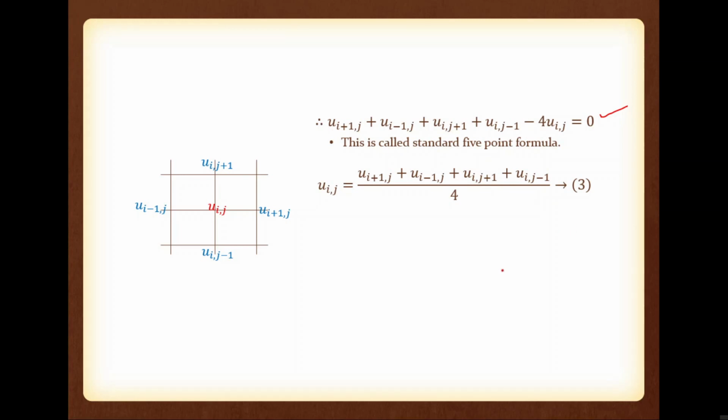So the question is, if you are able to find ui comma j using these 4 points, then the question is, can we find ui comma j using these 4 points, that are labeled by using a circle? Can we do that? Definitely we can do that. Yes, definitely we can find ui comma j using these 4 circles, means the points represented by using 4 circles. Definitely.